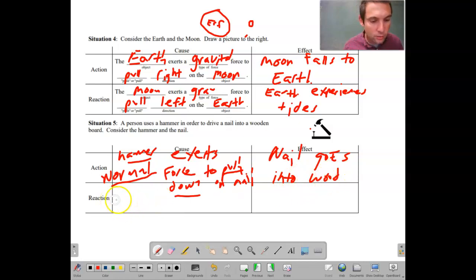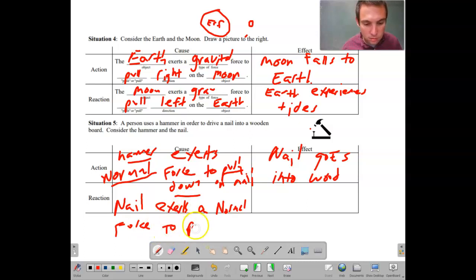All right, reaction. We need to have an object. The other thing in this, right? Exerts type of force. Push or pull. Push, push, matches. Opposite direction. Object 1. The effect is the hammer